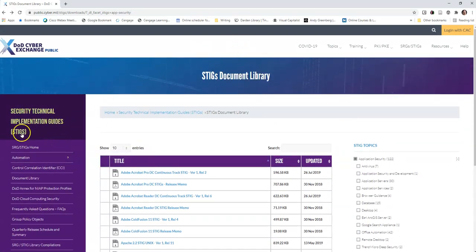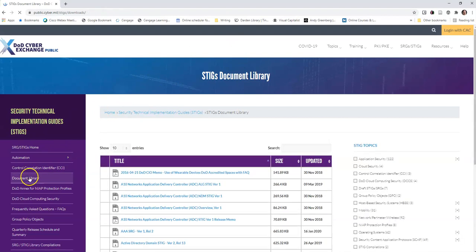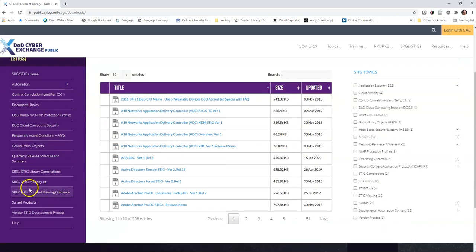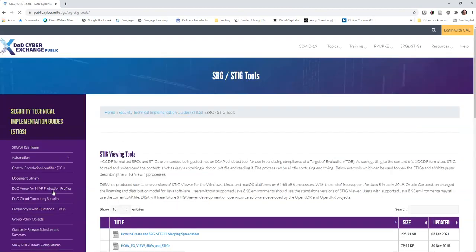This is the document library, which is where the Secure Technical Implementation Guides are located, whether you're looking for software or operating systems. And this little link right here is the STIG tools and viewing guidance. All right, so I'm going to click that,